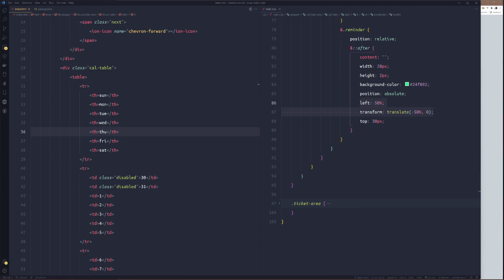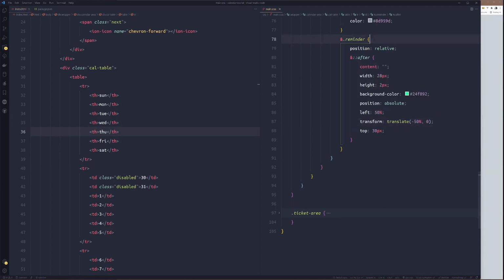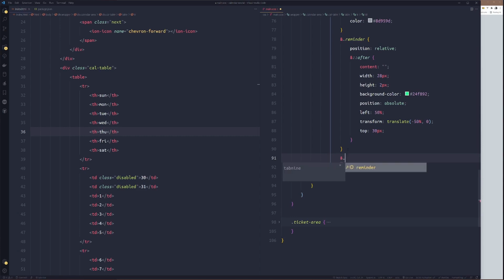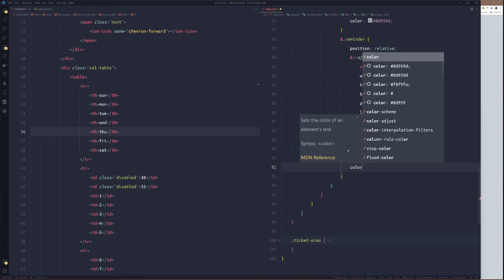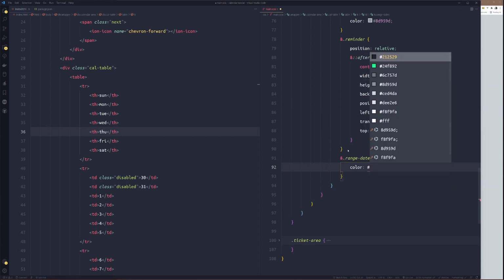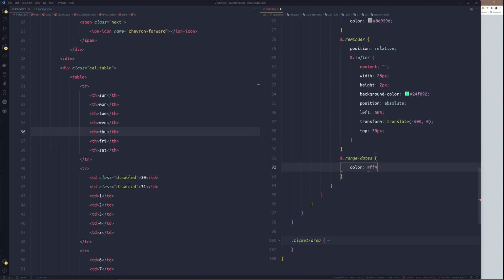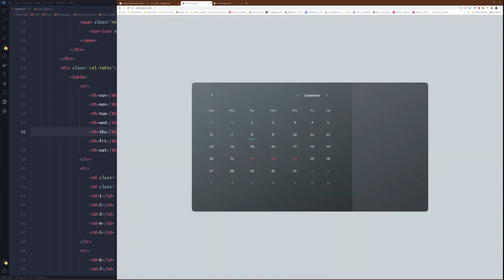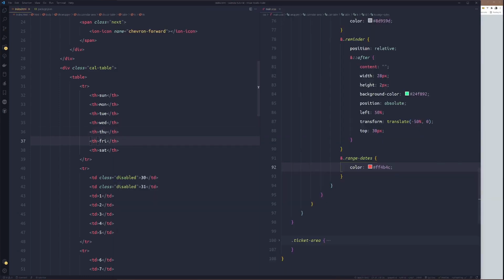So to target them, the range dates. Very easy. We just set the color to ash FF4B4C. So it should be good. Yeah. Then to target the 21st and the 25th.